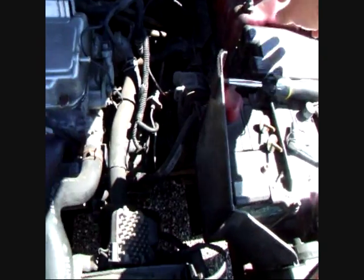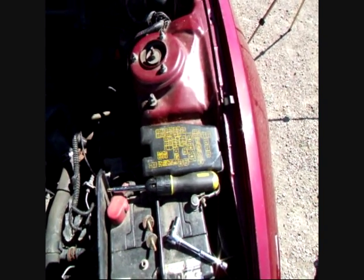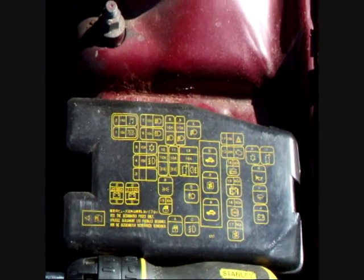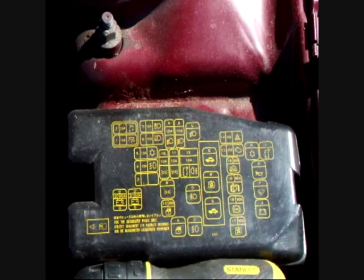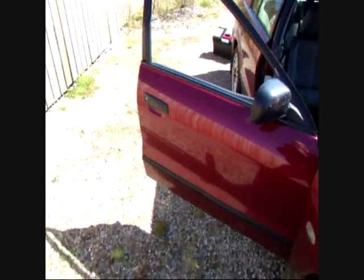And somebody was talking about fuse boxes. One there, right? And I don't have the book that tells you what fuse is for what. I have an owner's manual on a disc, but it doesn't give any of the electronic stuff. It doesn't tell you where any of the fuses are, which I thought was a bit disappointing. I don't know which is the symbol for reversing lights, if it's on that one or not. And as I pointed out, the only other fuse box that I know of in the Galant is here,